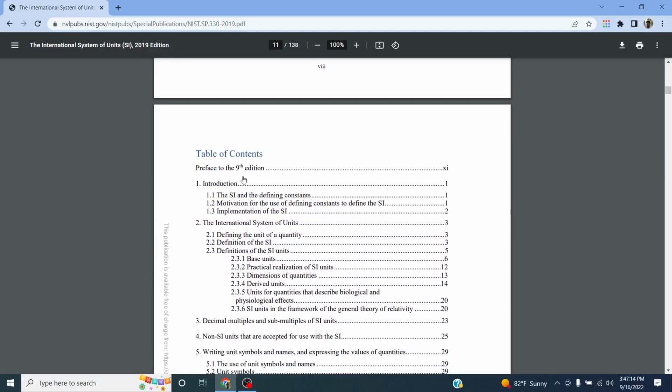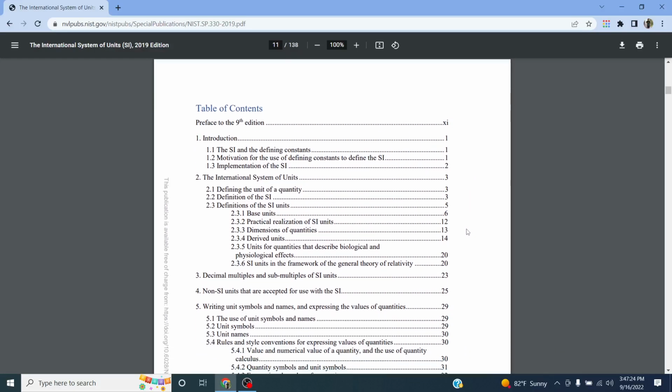Table of contents. Preface to the 9th edition. Introduction: the SI and the defining constants, motivation for the use of defining constants to define the SI, implementation of the SI. The International System of Units: defining the unit of a quantity, definition of the SI, definitions of the SI units, base units, practical realization of SI units, dimensions of quantities, derived units, units for quantities that describe biological and physiological effects,